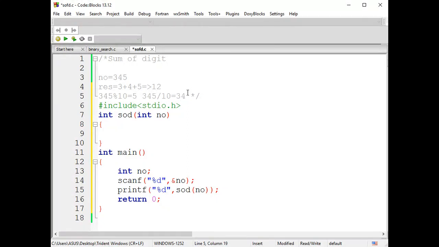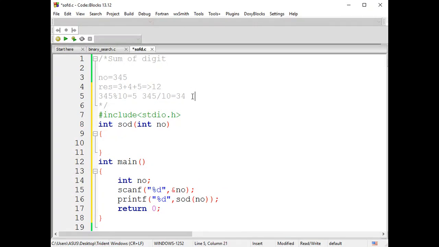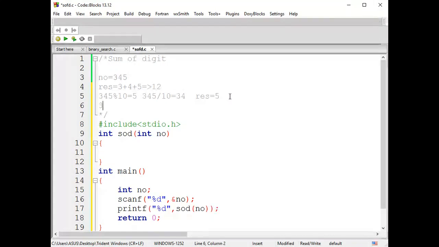For each and every step, I'll take this remainder value and store it in my result. So first I'll store 5. Again, taking 34 as the value, I'm going to divide this value by 10. So we are going to remove the elements one by one from the ones place. Sorry, the ones place, not the 10th position. You're supposed to remove values one by one from the ones place just by dividing by 10 and using modulo. If you're using modulo, the last value will be taken. If you're doing divide, apart from the ones place, the remaining value will be taken.